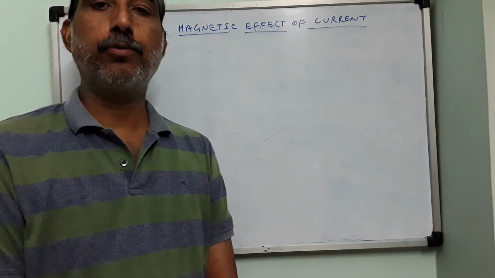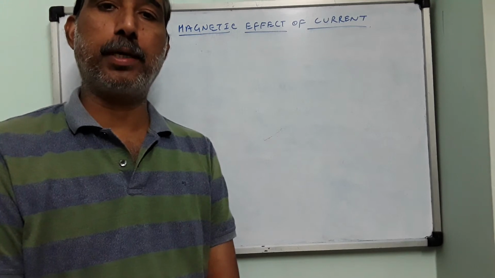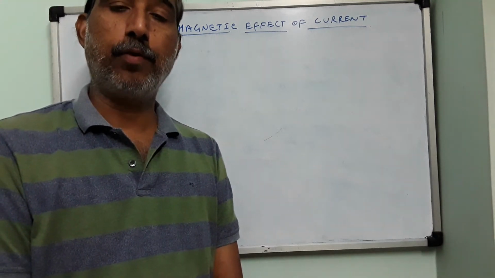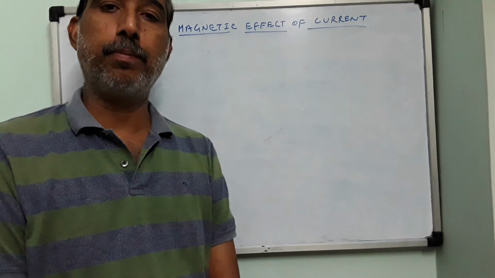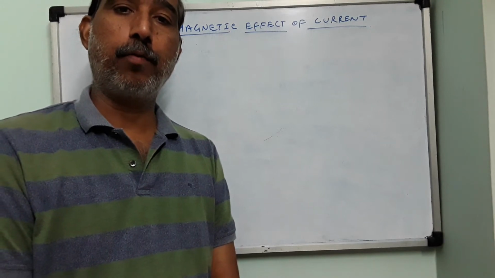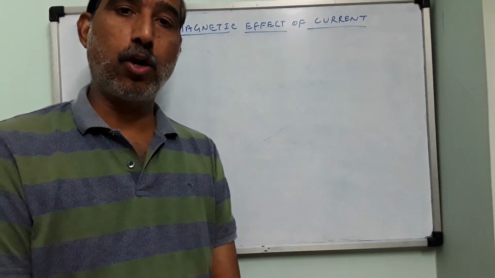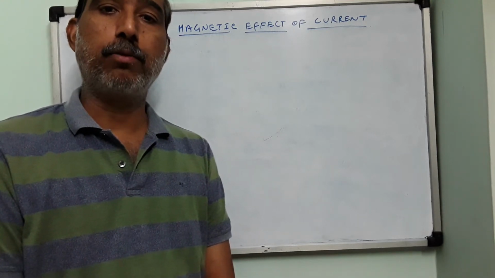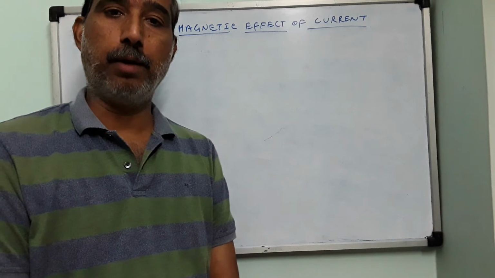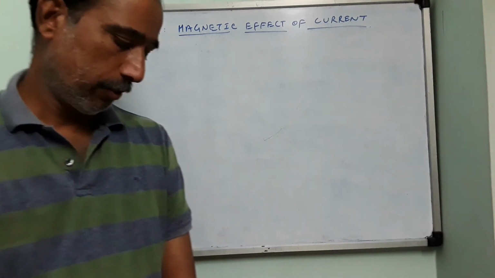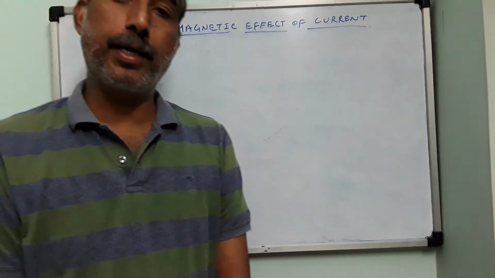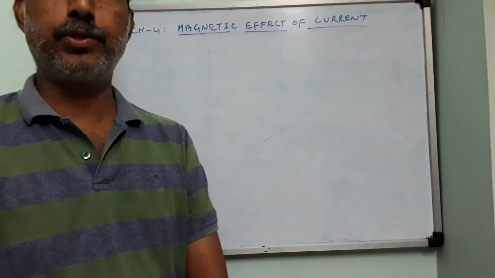Now in 12th class you are going to derive expressions for magnetic field due to an infinitely long wire when a current I passes in it, and a magnetic field due to a circular current carrying coil using different laws, Ampere circuital law and Biot-Savart's law. Okay, so the story of magnetic effect of current begins with Oersted.